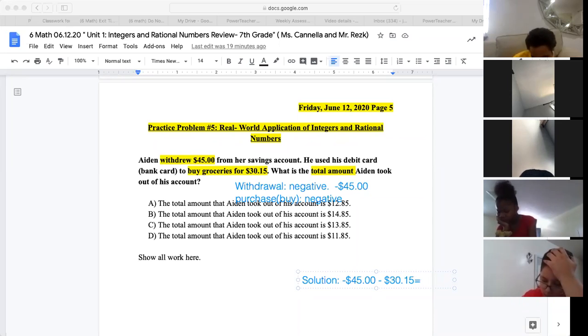My goodness, I really cannot type today. It's $14.85. Now, I want to actually check to show that my solution, which is my answer of $14.85 plus